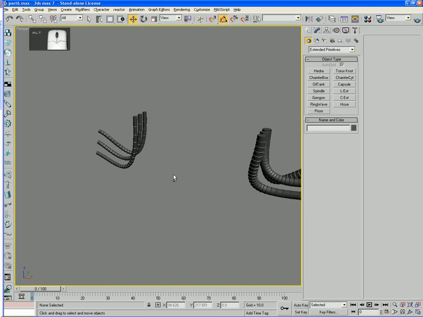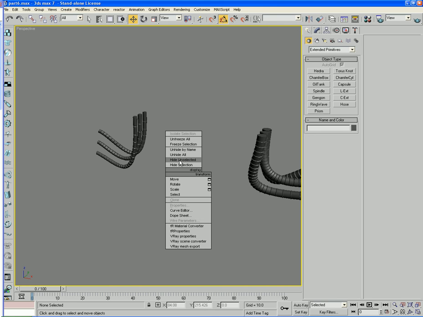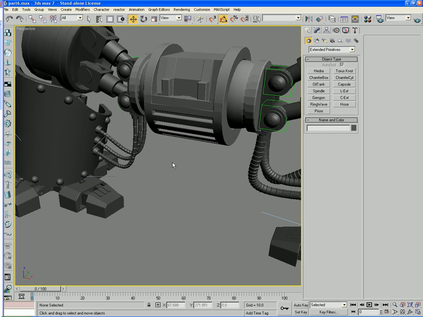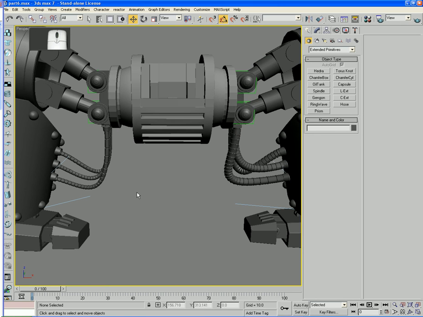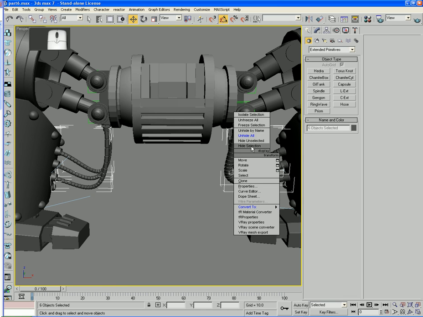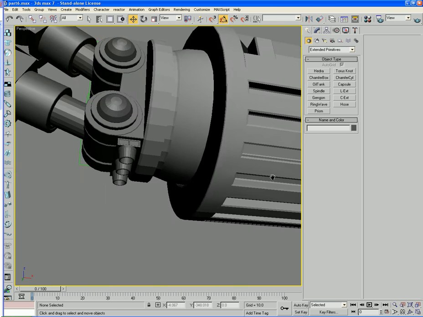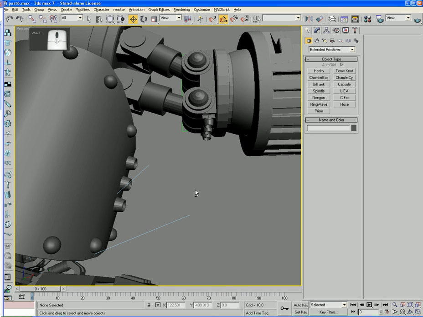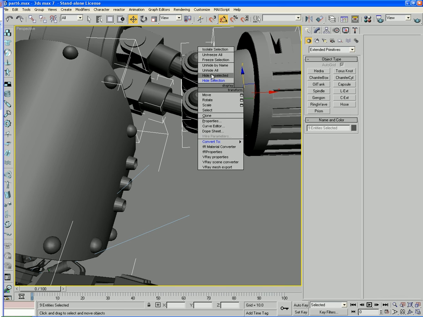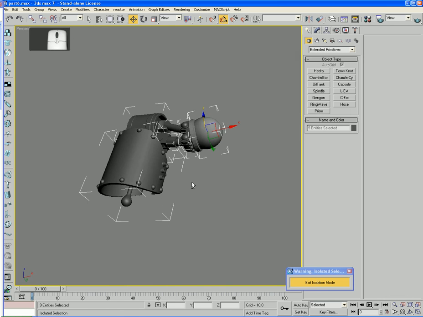Such is life. Now, what I need to do is try and remember what I'm doing. Oh yeah. Unhide all. Now I need to hide these bits. Now, in these parts here, which I'm going to just group select like this, and isolate,